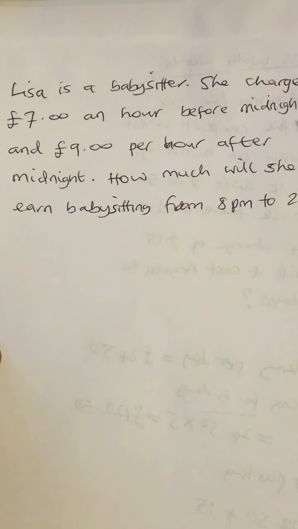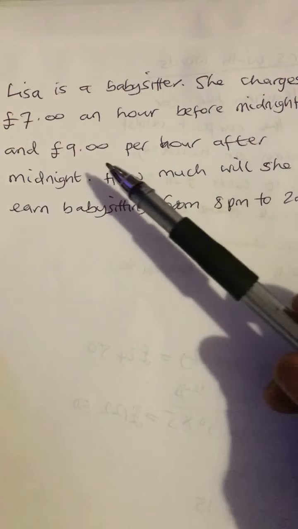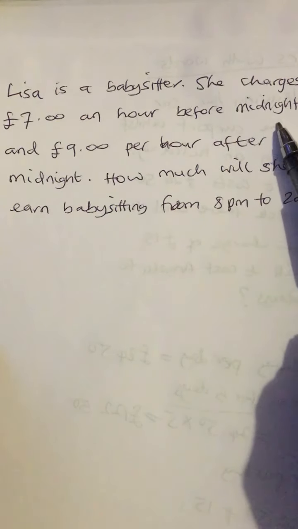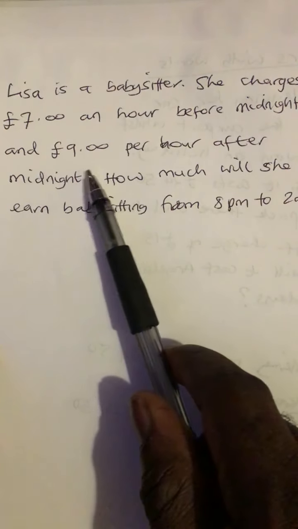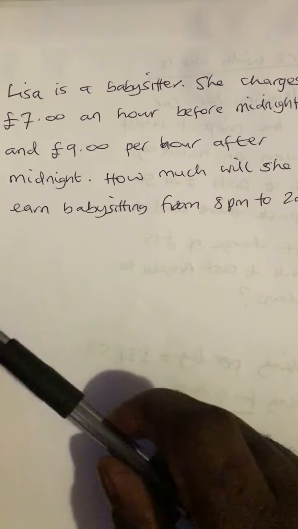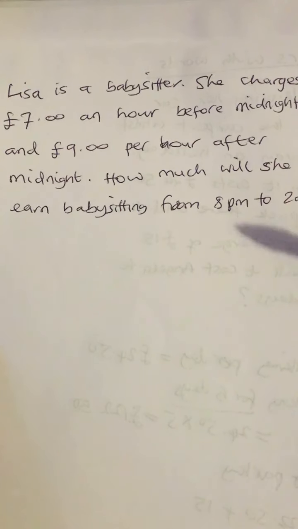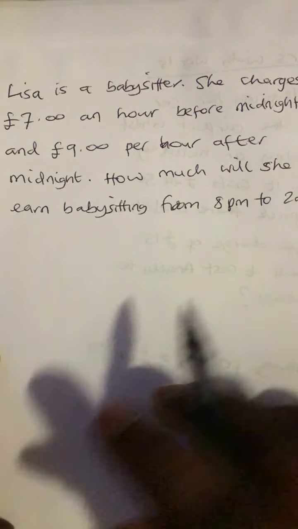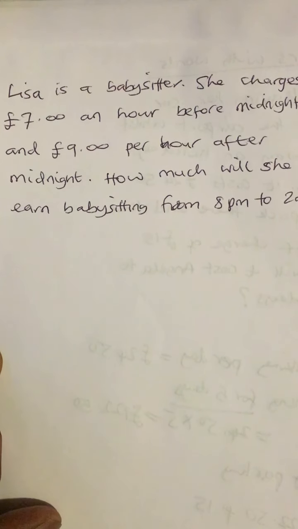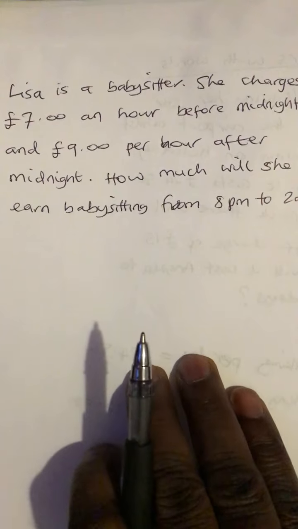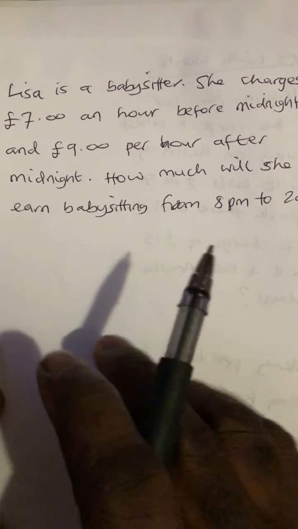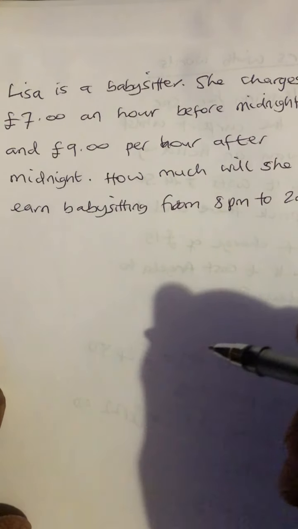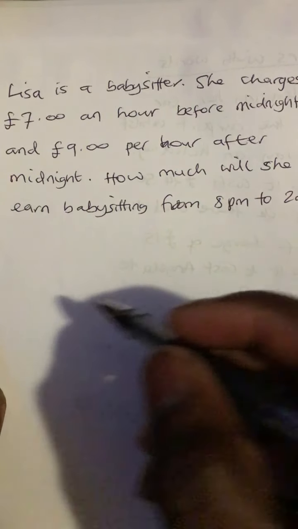She charges £7 an hour before midnight and £9 per hour after midnight. So the question now says, how much will she earn babysitting from 8 p.m. to 2 a.m.? So what we basically have here is that Lisa as a babysitter will earn £7 per hour before midnight. So here, solution,